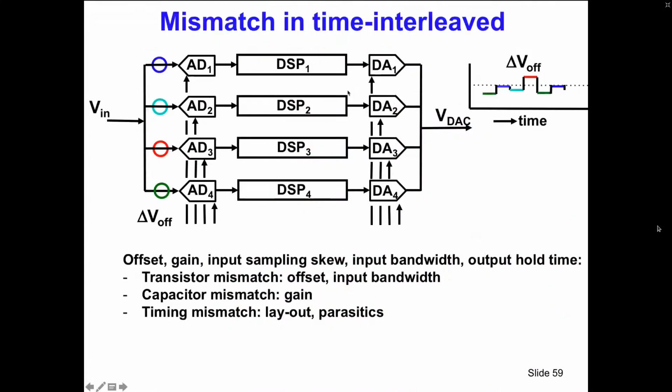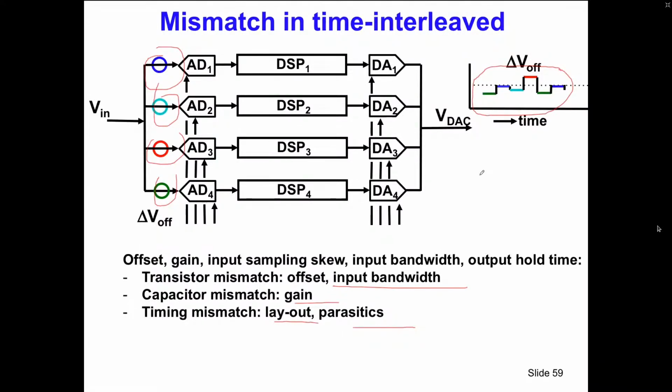A good example is the time interleaved design of A to D converters, where I come back to the paper of my Leuven student. In such a time interleaved structure, where you basically got A to Ds, DSPs, and D to As, you've got all kinds of mismatches like the offsets over here, which translate into this nice little pattern at the output. But you got more. You got input bandwidth mismatch. You got gain mismatch. You got layout timing mismatch, you got parasitics, and so on.